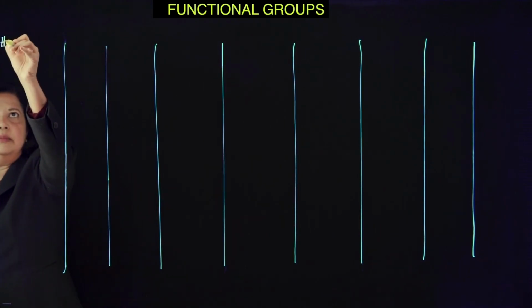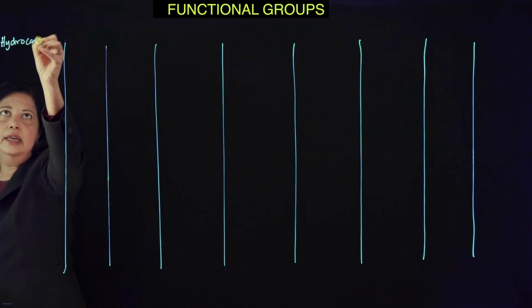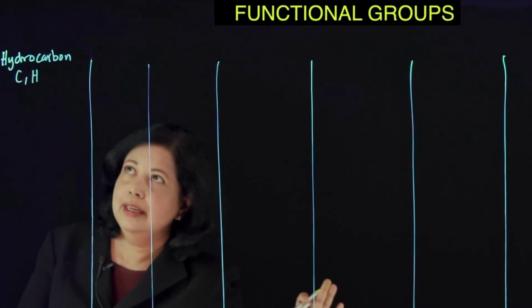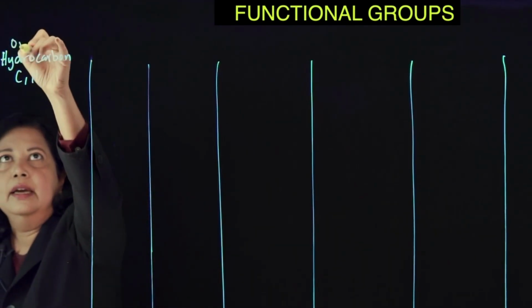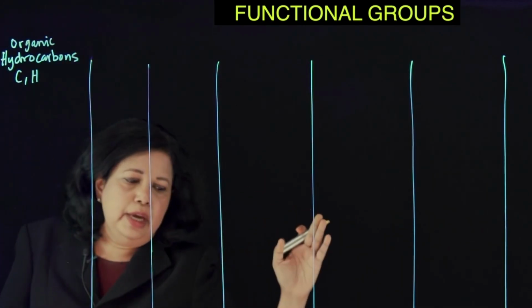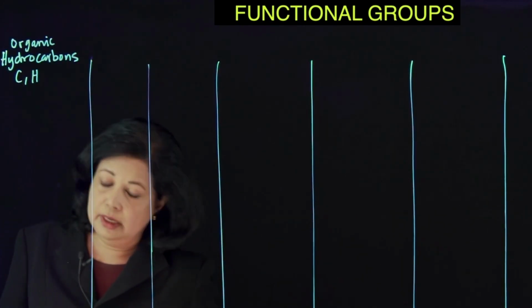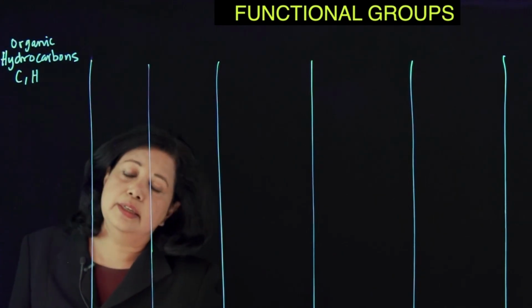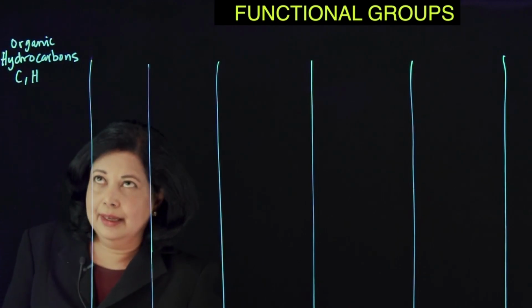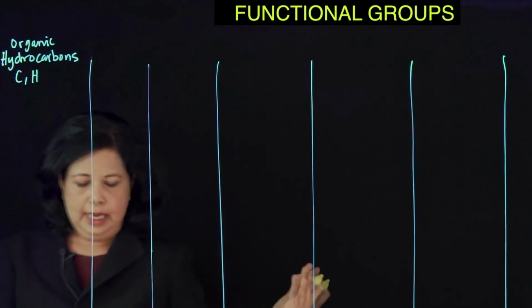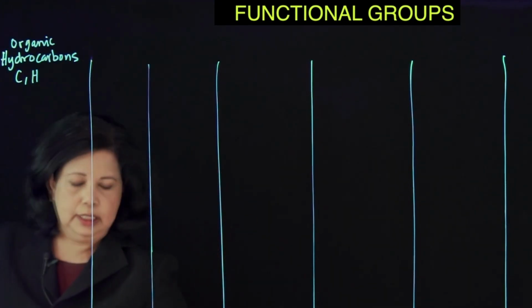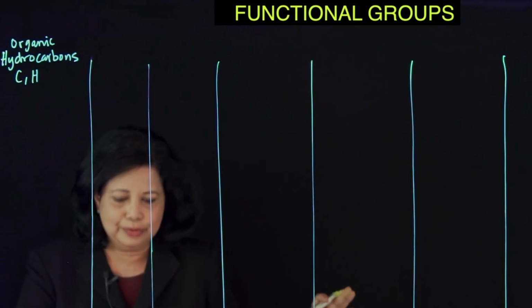Well, hydrocarbons are basically CH. And if you don't have a C and an H, it's not organic, right? So this is organic hydrocarbons. If you, let's say, have cyanide, CN, you have a carbon, no hydrogen, it's still inorganic. You gotta have a hydrogen in there for it to be organic. And the hydrogen has to be on the carbon, CH. You gotta have CH bonds. That's basically what we're made of, what all life's made of.